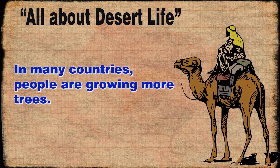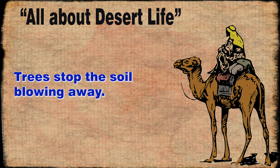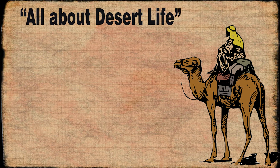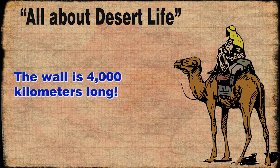In many countries, people are growing more trees. Trees stop the soil blowing away. In China, people are using a wall of trees to stop desertification near the Gobi Desert. The wall is 4,000 kilometers long,